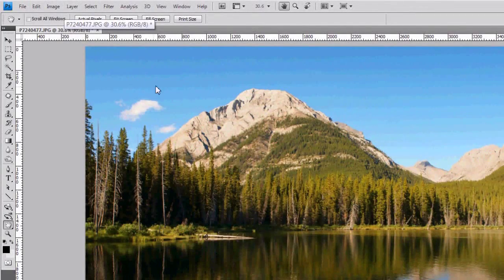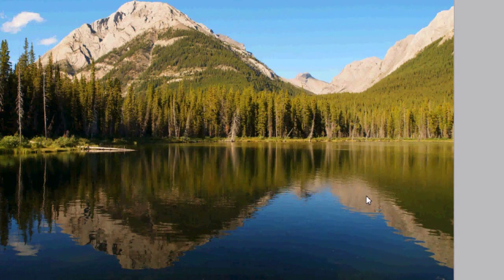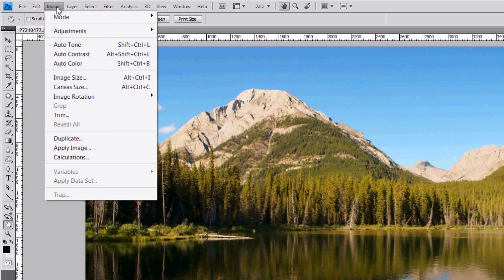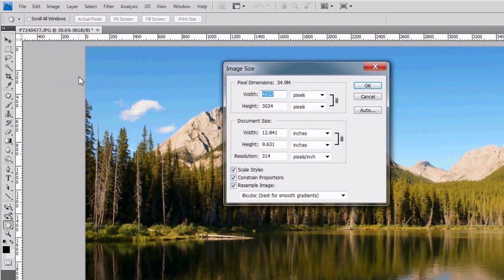I've opened up a photo taken with my Olympus EP2, which is a 12 megapixel camera. I'll go to Image, then Image Size, so we can see more details about this photo. There are two sizes listed here, the pixel dimensions and document size. The pixel size represents all the dots that make up the photo, whereas the document size represents the printed dimensions